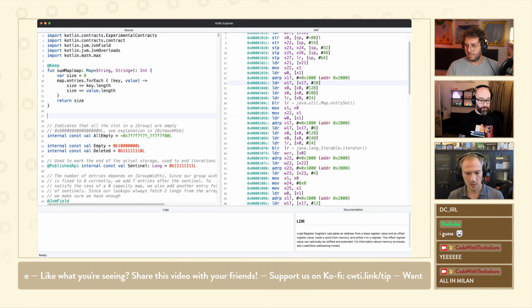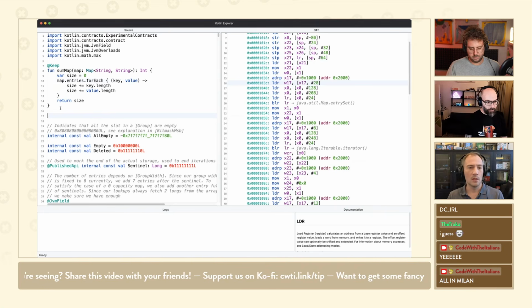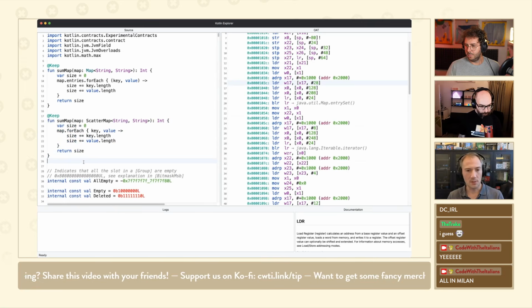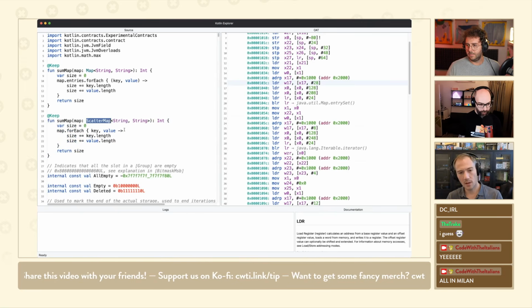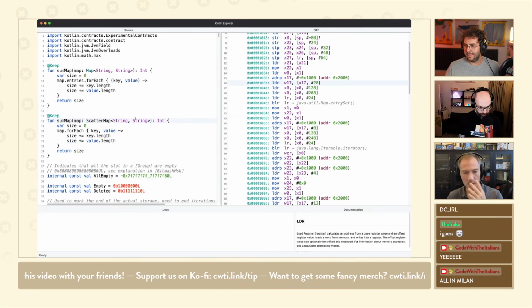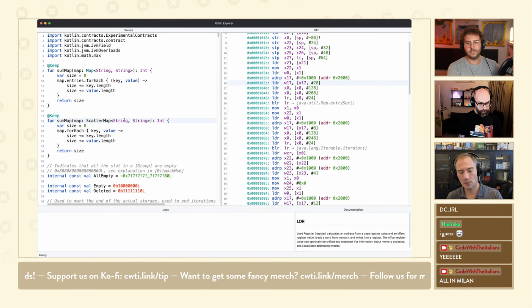But what's interesting is that if we look at the same function, our sum, using this hash map that's called ScatterMap. Looks like a map, works like a map. It does not implement the Map interface for specific reasons, but it's optimized for never allocating. It will never allocate unless it needs to resize its internal storage.